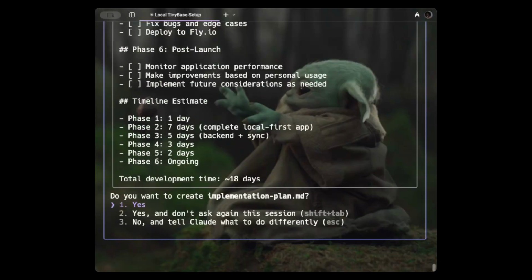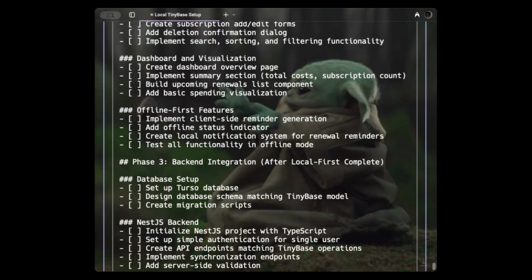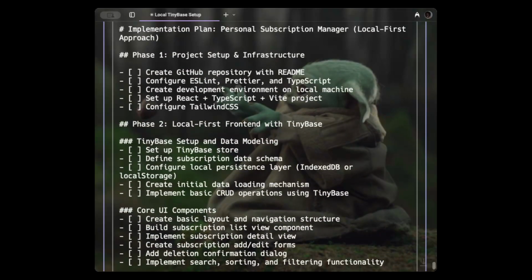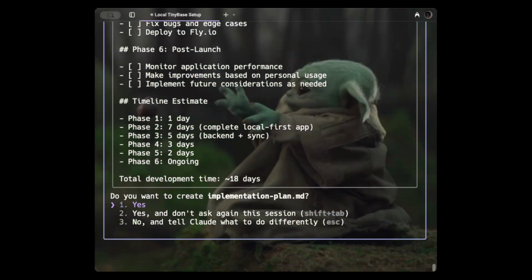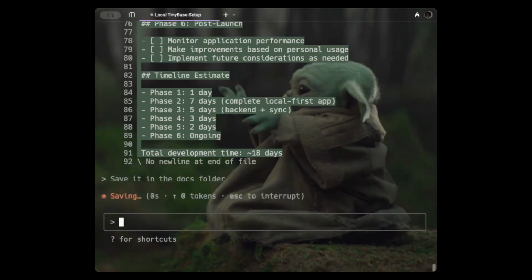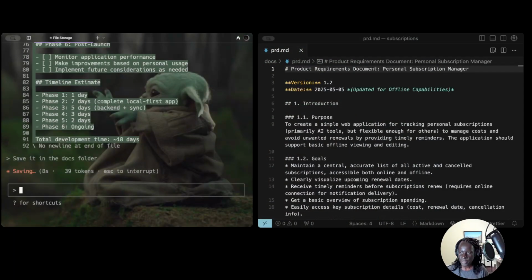All right, so it's gone ahead, and as I scroll up, it's moved TinyBase up to right after the first step, which is cool. I kind of like that, so I'm going to say yes. And let's see if we can have it save it in the docs folder. Yep, so yes, you want to create that? Yes, I'll say save it in the docs folder. And hopefully it's going to go ahead, and if I were to go and check Warp and Cursor,